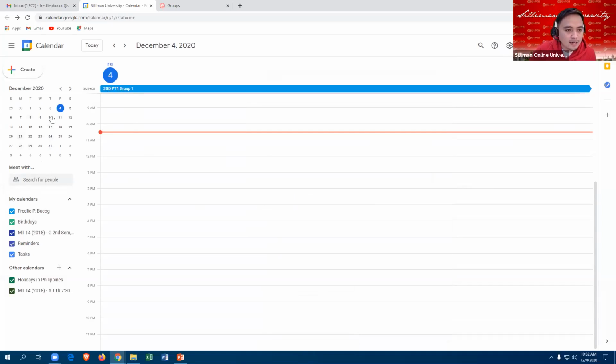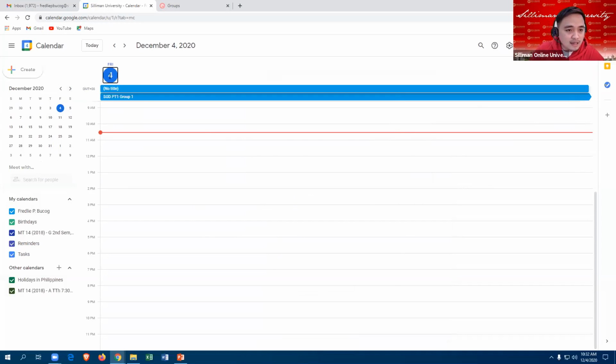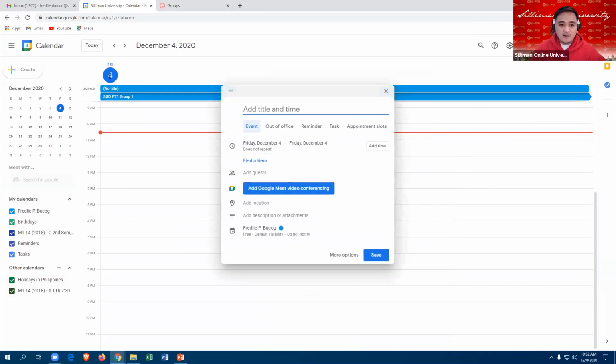So that's for group 1. And then I will create another for group 2. So we have SGD PT1 for group 2.